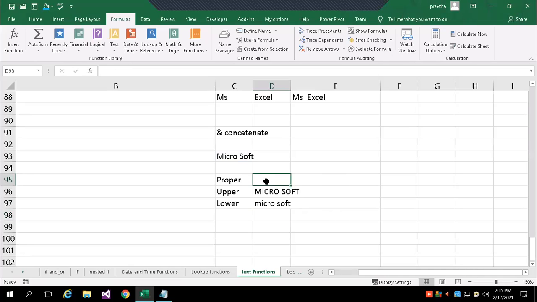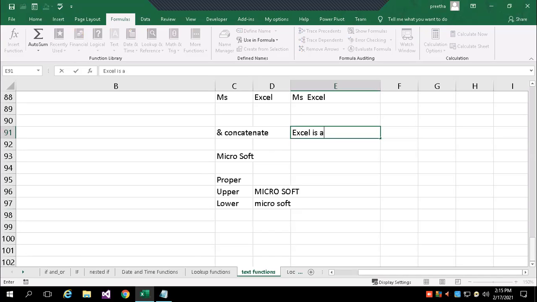Then what is proper case? Proper case is the first letter of every word, which will be converted to capital. For example, let me type here one small text: Excel is an spreadsheet. So I've written one small sentence.